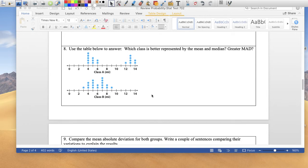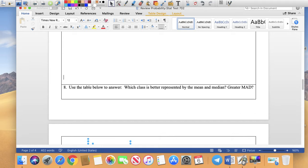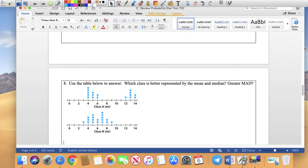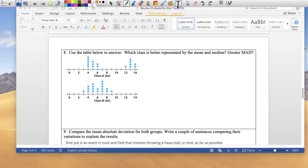Use the table below to answer the question. What is the question? Which class is better represented by the mean and the median? Okay. So I'm going to say, and again, I don't think you have to do any calculations. The mean is definitely class B. The median, I think the median would be class A, because